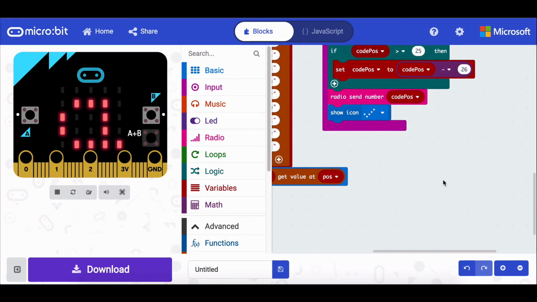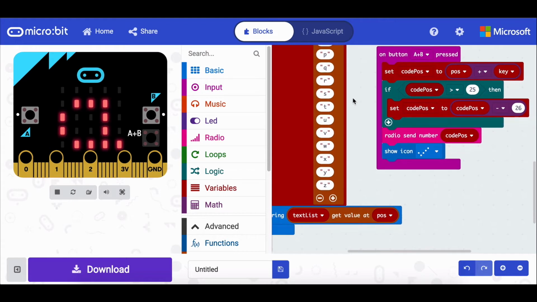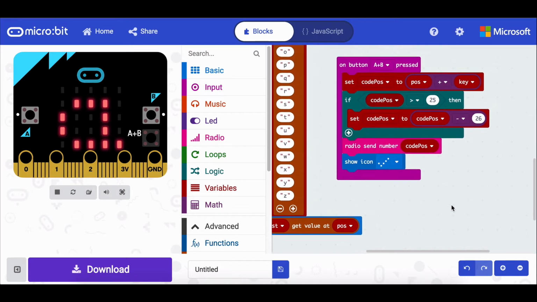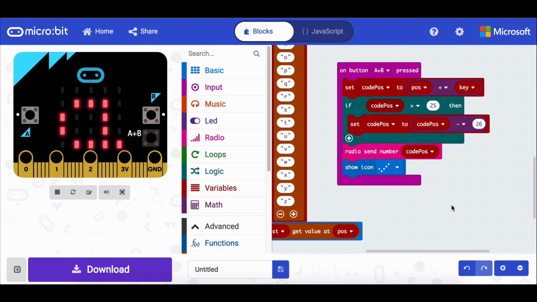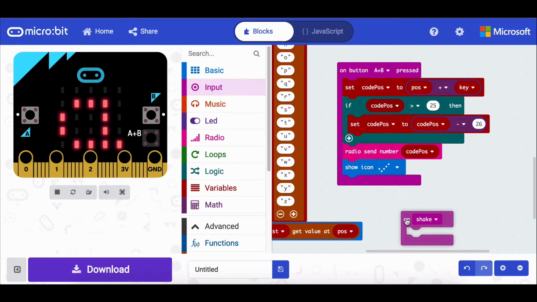Okay, one last little bit that's much easier than that. If you're sending your message, so you're sending the letters, if you send the wrong letter, we need a way of deleting that. To delete it, we need to tell the person we're sending it to, ignore that last one, remove the last one. So to do that, I'm going to use the shake block,